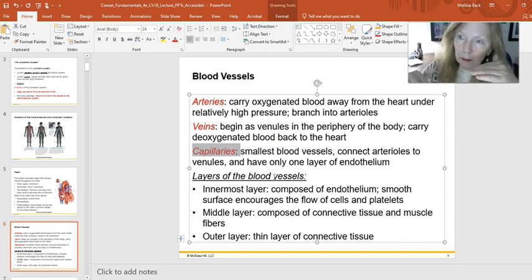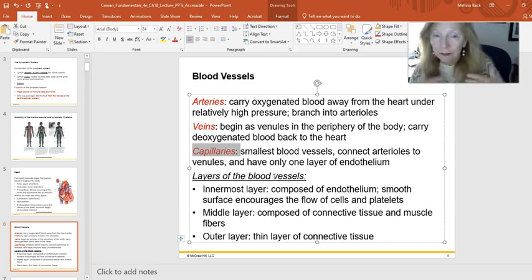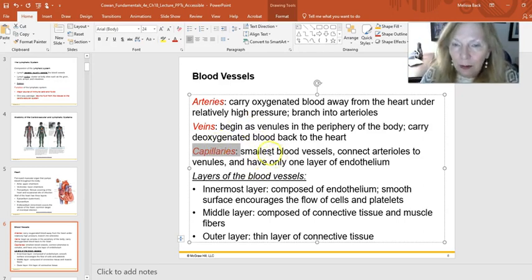where as blood is moving through, the membranes that separate the capillaries from your tissue spaces are so thin that you can have rapid diffusion of gases, rapid diffusion of solutes, rapid osmosis of water if it needs to be moving, and waste can come back into the blood to be picked up and carried to the lungs to give off CO2, to the kidneys to give off other waste products that are being monitored.